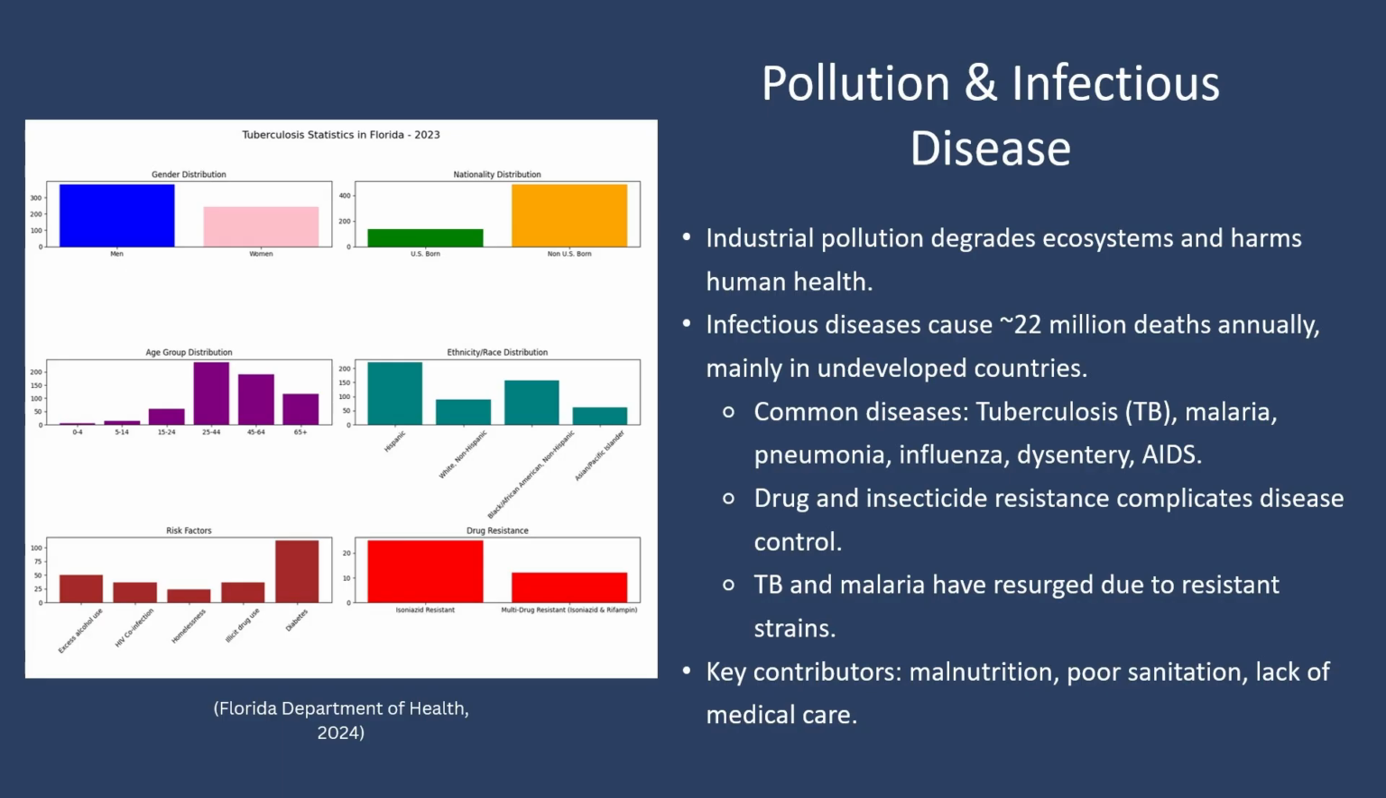And then we have diabetes. That's one of the major risk factors. But along with that, we also have excessive alcohol use, HIV co-infection, homelessness, illicit drug use. All of these things will increase the likelihood of contracting tuberculosis, and it increases the symptoms. And finally, drug resistance. So the first one is